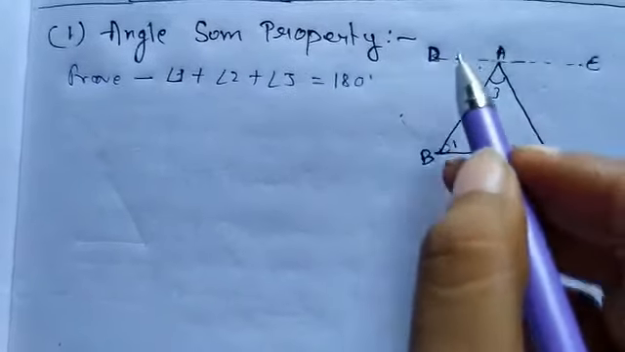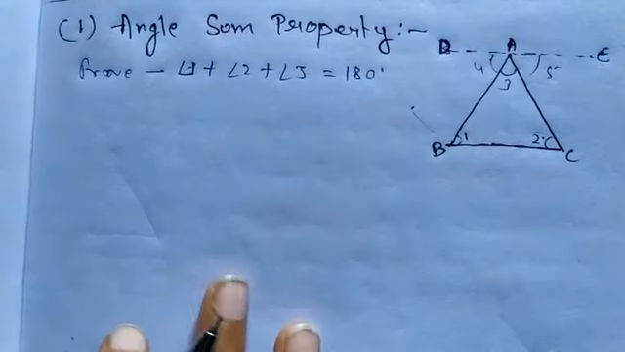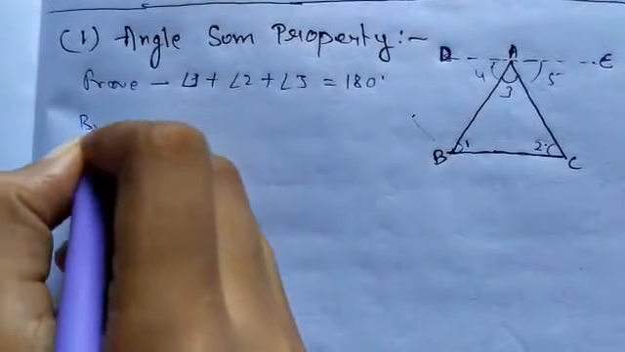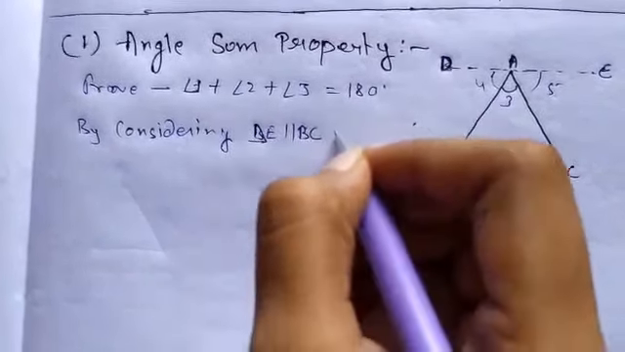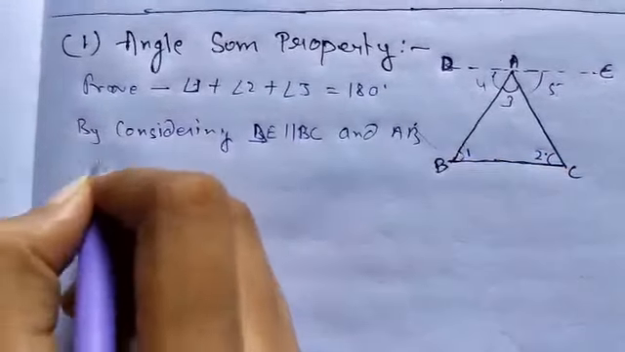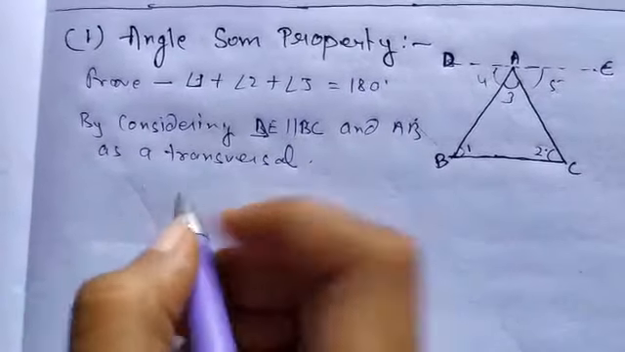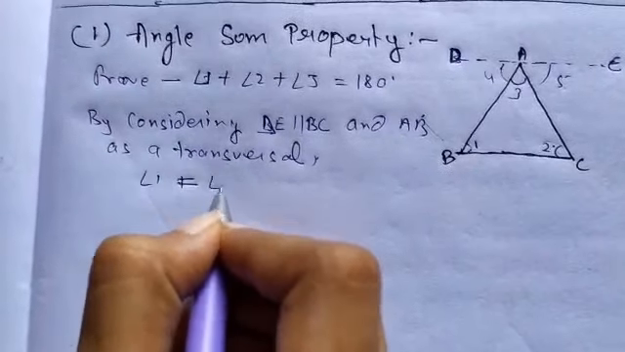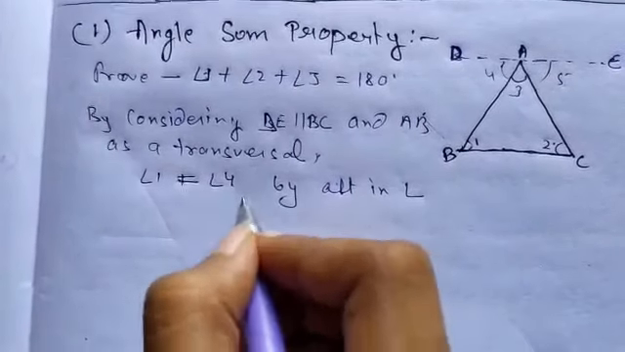First, construct line DE parallel to BC, and now by considering DE parallel to BC and AB as a transversal, we can conclude that angle 1 is equal to angle 4 by alternate interior angle, and this is our first